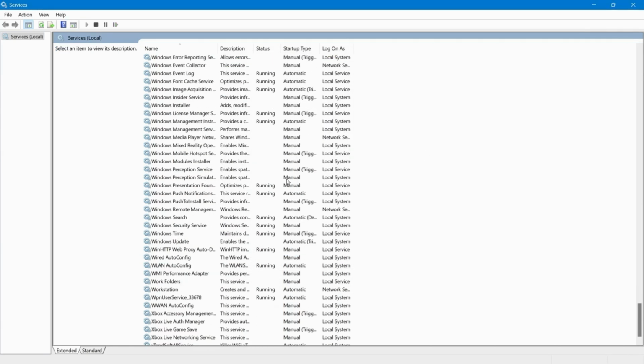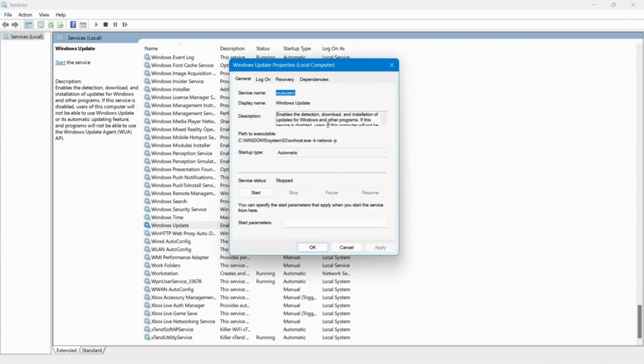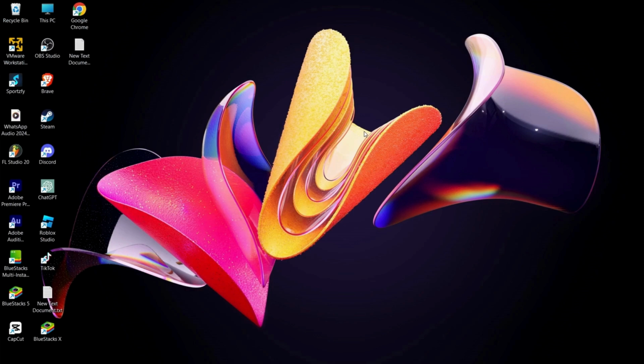And after this, go to Windows Update, open up the Properties. From here select the startup type to Automatic and make sure the service status is running and click on Apply and click on OK. After enabling those 3 services, make sure that you restart your computer, and after restarting your